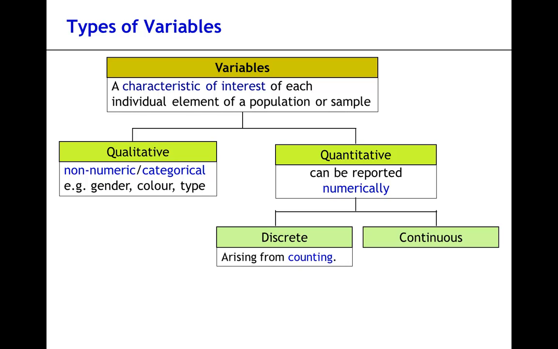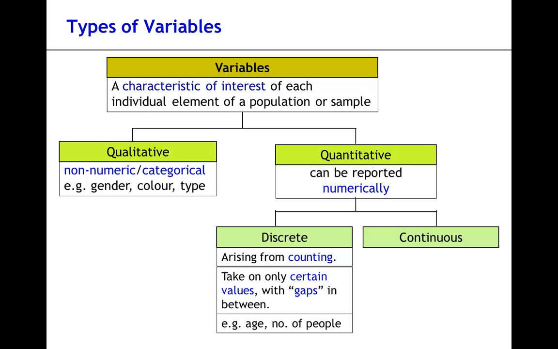They can take on only certain values within an interval and tend to have gaps in between. For example, the data for age may be captured in whole numbers, such as 10, 11, or 12 years old, or it may be captured in gaps of 0.5, such as 2 years old, 2.5 years old, 3 years old,